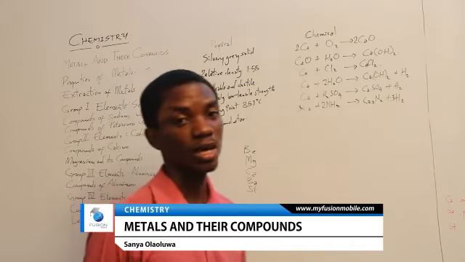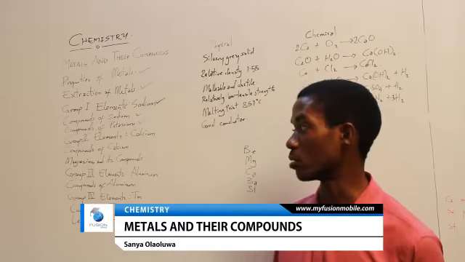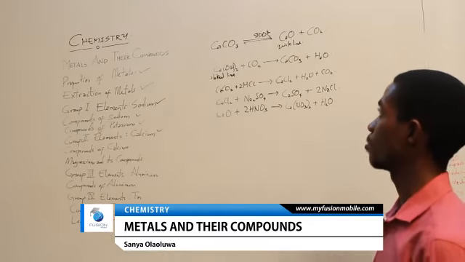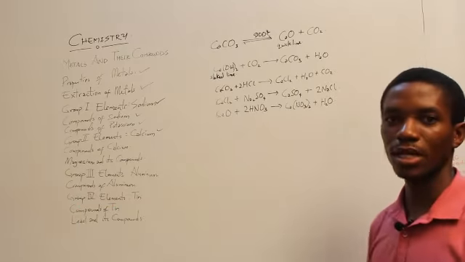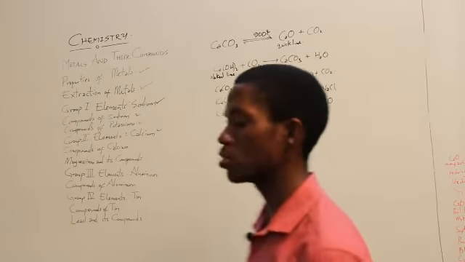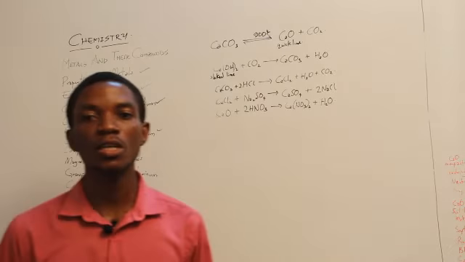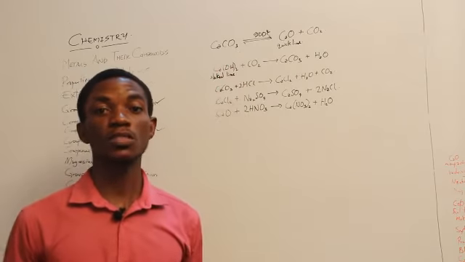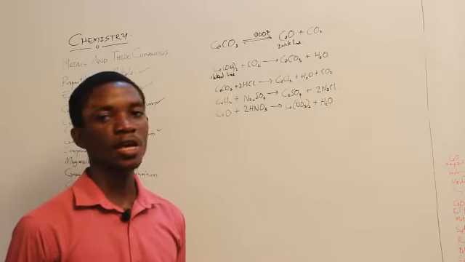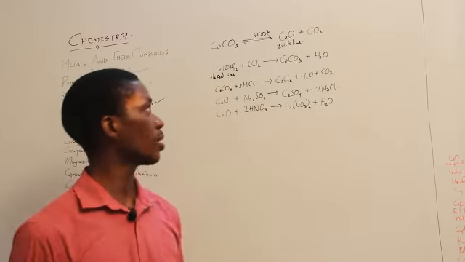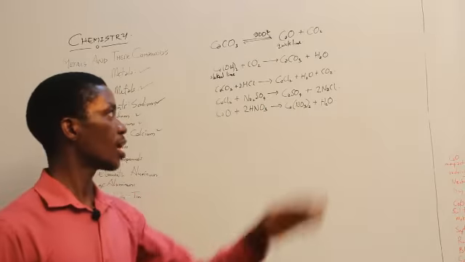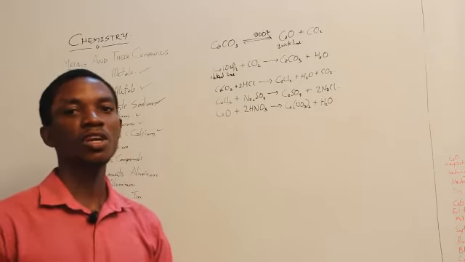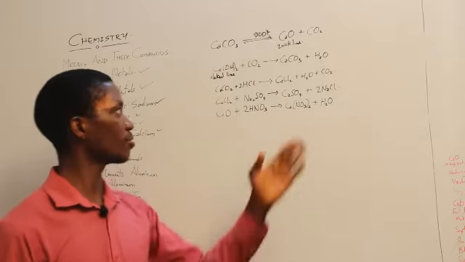Okay, let's go ahead and look at the compounds of calcium. There are very many compounds of calcium. We'll look at a few of them. The first we'll talk about is quicklime. That's calcium oxide. Calcium oxide can be produced either by burning calcium in its natural state in the presence of air, or simply by burning calcium carbonate, which is the most available form of calcium. You can heat it up to about 900 degrees Celsius. It will disintegrate and form quicklime and carbon dioxide. This reaction is reversible. So if you allow the carbon dioxide to go away, you can have your quicklime.